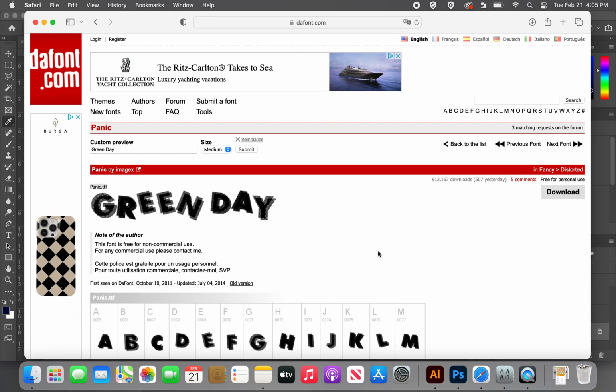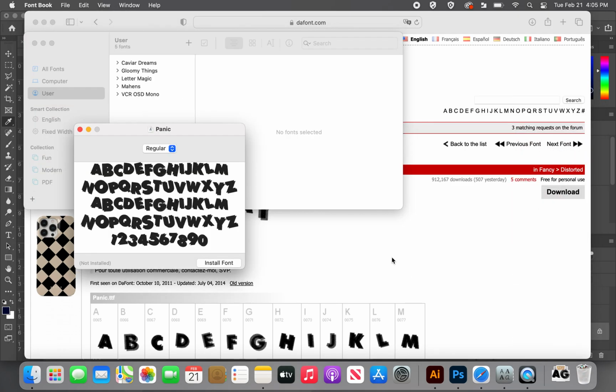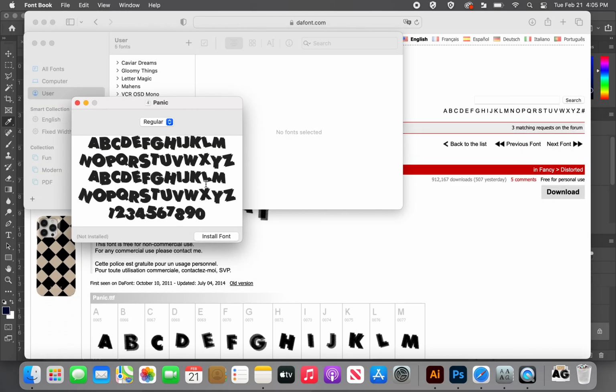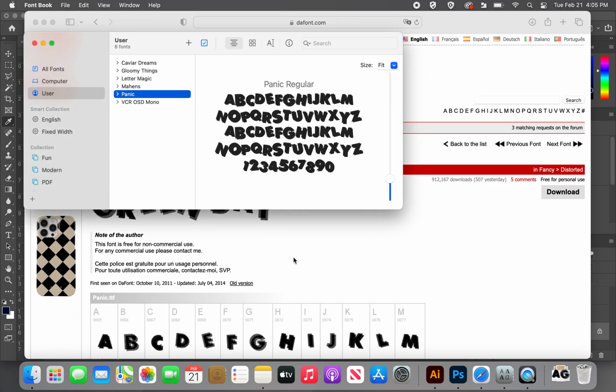I'm happy with this one. This one's called Panic. So when it downloads onto your computer, that's still going to be the name of the font. I'm going to click download. In my downloads folder, I'm going to open up the text file. It should have a TTF extension. And then click install font. These are other fonts that I've downloaded. All right, this is called Panic Regular. So once your font is installed,